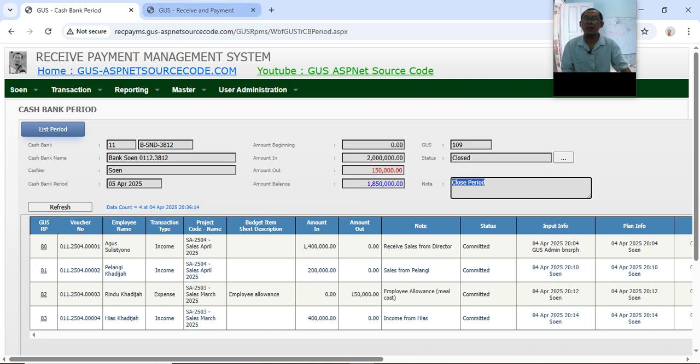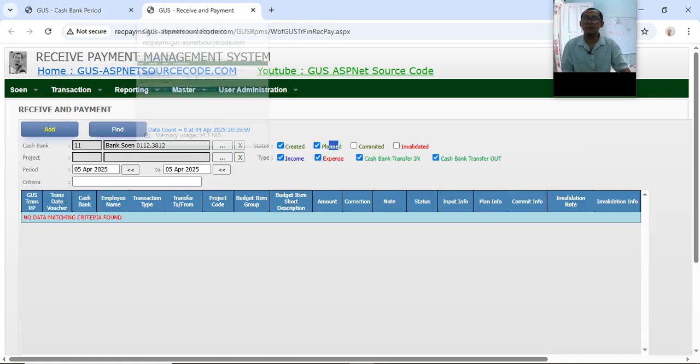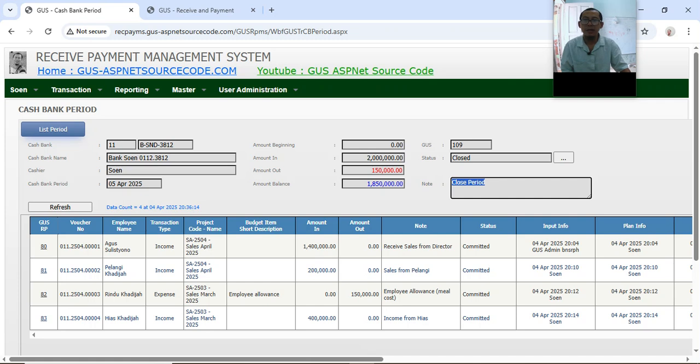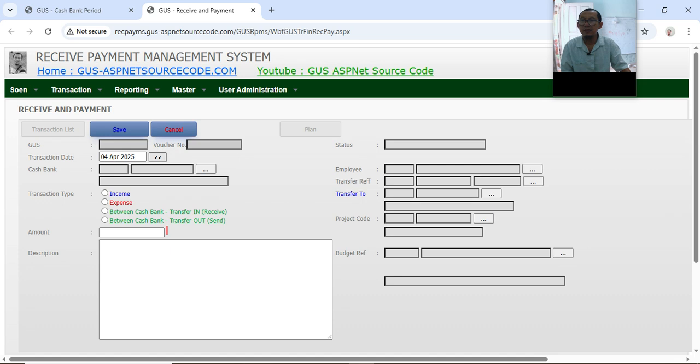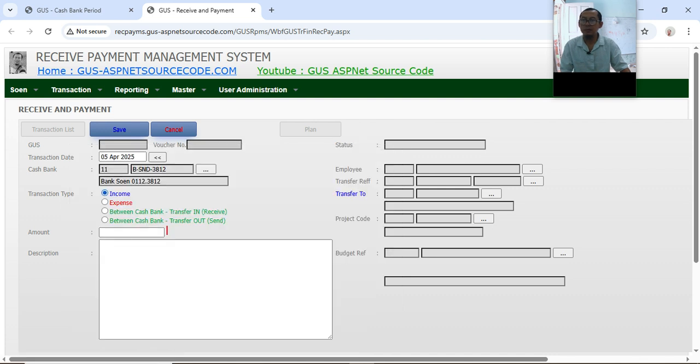Now we will not be able to create any receive payment transaction at 5 April for bank Soon. Let's try. Bank Soon, for example, income.